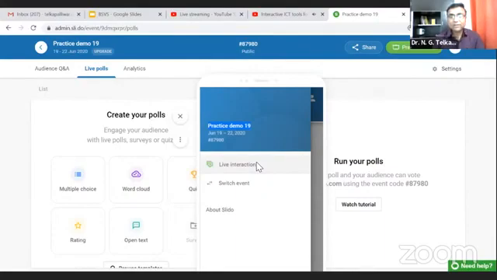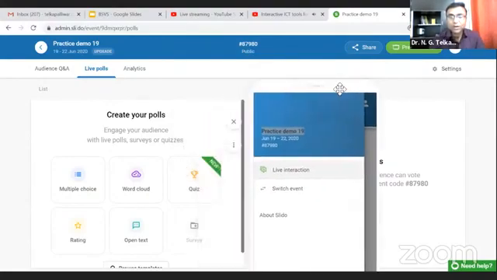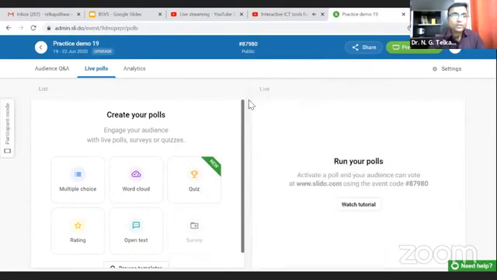And that's how you can see how many students are watching this online lecture, and how many are taking part in the polls, surveys and quizzes. So this type of interactive platform is available in the Slido platform. So we will practice how to develop a quiz and poll in this platform. Here there is an option, that is Audience, then Live polls. So just click on live polls.